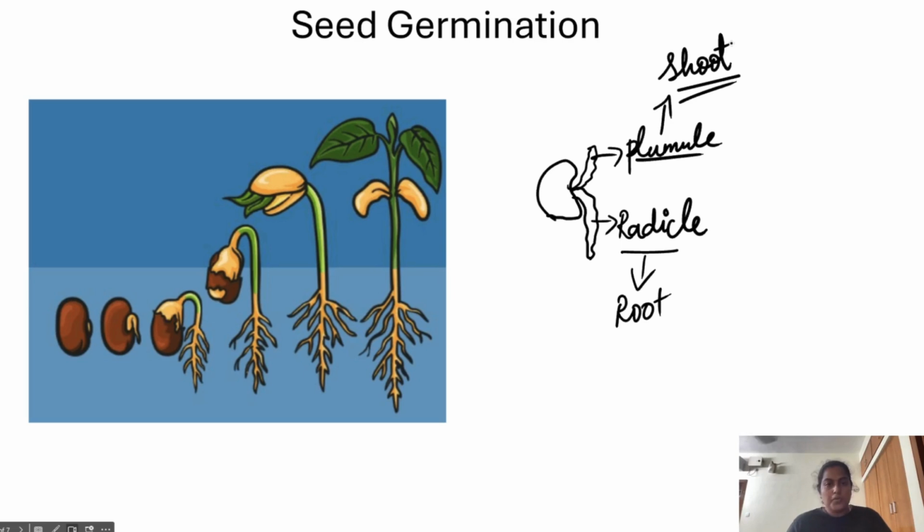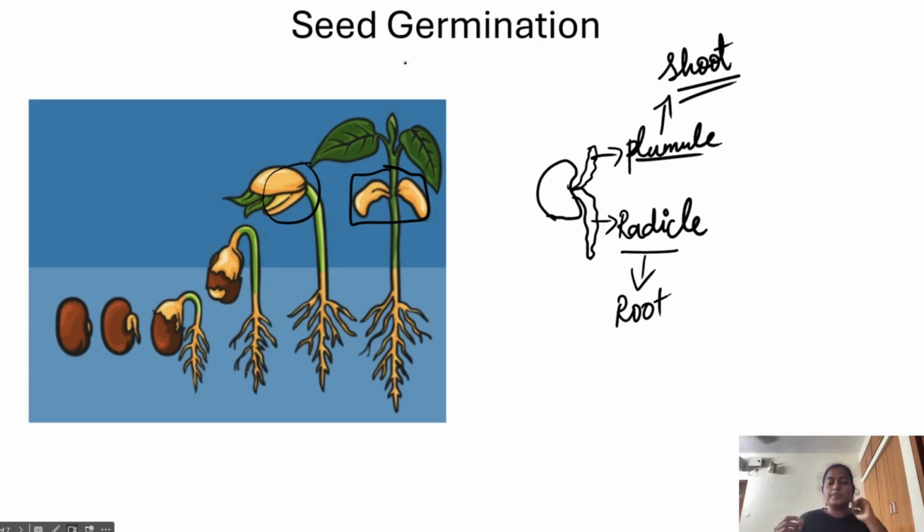So you have to know what is plumule and radicle. Apart from that, cotyledons. Many kids come to me and ask, ma'am, what is meant by cotyledons? So children, the structure which you see here. Imagine a chana seed or a chana dal. You can break it open into two halves, right? That's a cotyledon. But can you do that to a rice? Can you do that to a wheat? No, you cannot. Which means there are two categories. One called monocot, one called dicot.